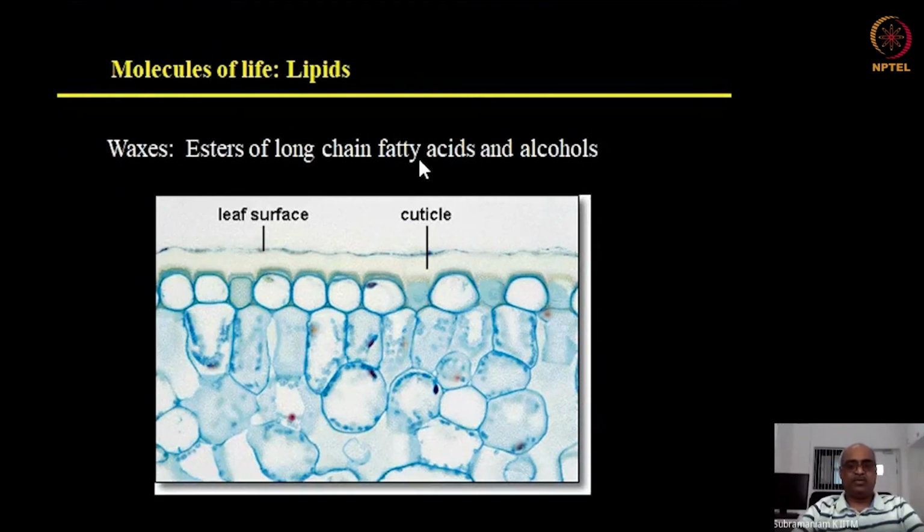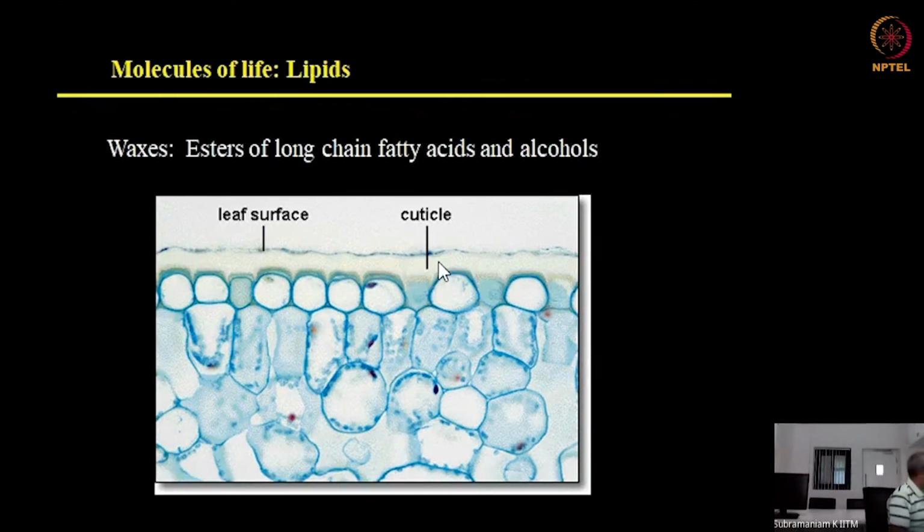Instead of having a carboxylic acid, suppose it has an alcohol group. They are called fatty alcohols. So when you have such a long fatty alcohol and a long-chain fatty acid linked in an ester bond, you call them waxes. And the waxes coat the surface of the leaves, like some of the shiny leaves have that,